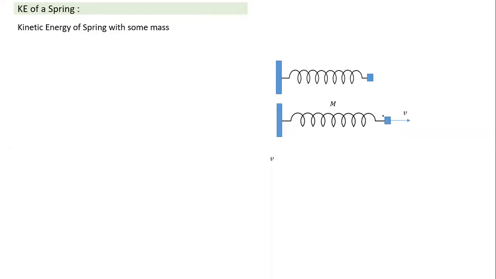Using an external force, we have given a constant velocity to the block here. The spring has mass M. Constant velocity means what? The part of the spring which is connected to the block will also have velocity V. But how about this part of the spring here? This will have 0 velocity. What about this part, this part, this part, this part? For all parts, the velocity will be proportional to displacement. And since the displacement is proportional to distance from one end, even the velocity will be proportional to its distance from the fixed point. That's an important point here.